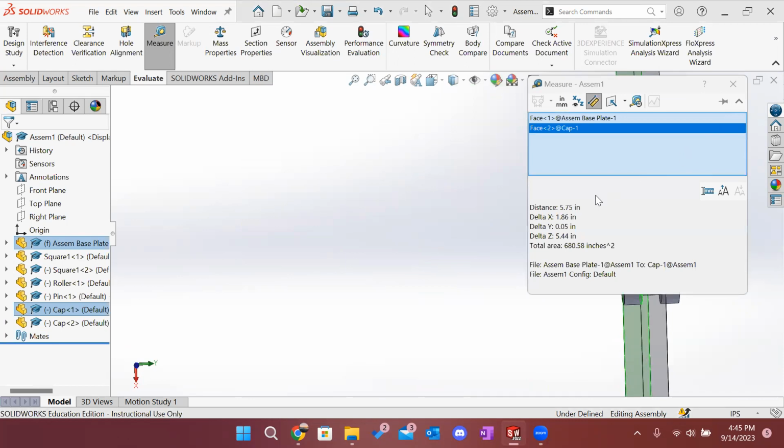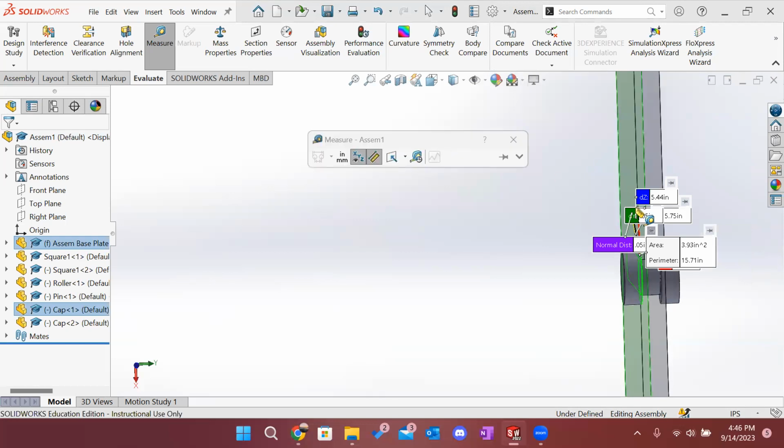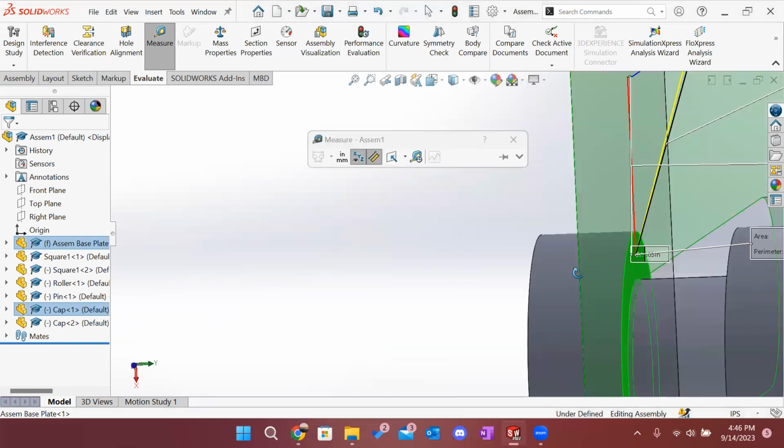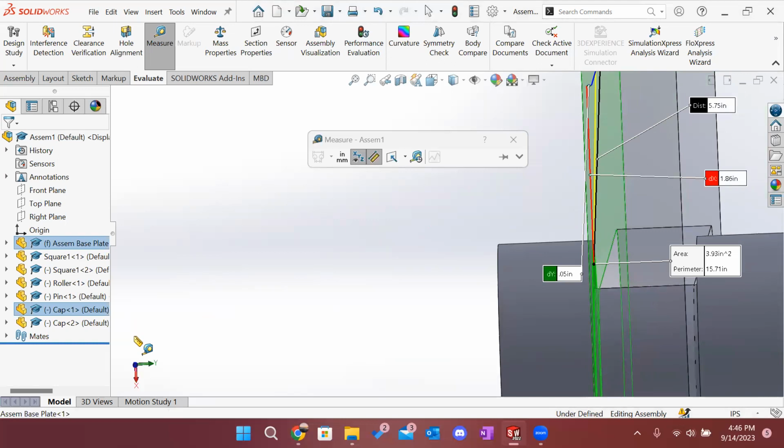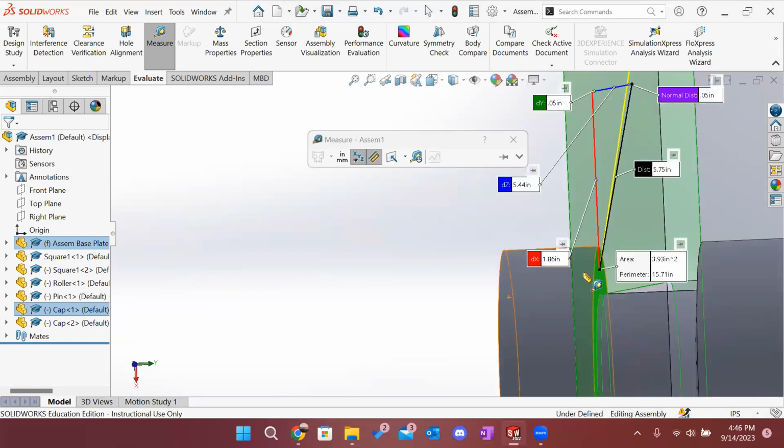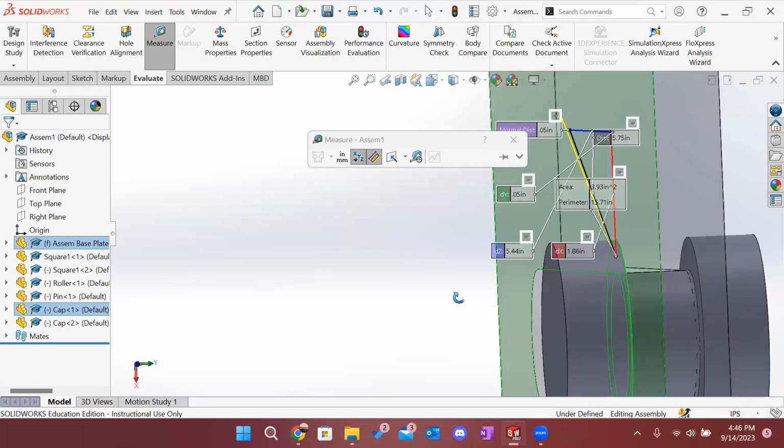Click around to these drop-down arrows. I can click on point to point, which is what I had selected, change the units, and you can show X, Y, and Z measurements. So what that will do, it brings a lot of cluttered options for me, but I want to see the distance in the Y direction. So I can see dy is 0.05 inches. So I have a 0.05 inch gap on either side,